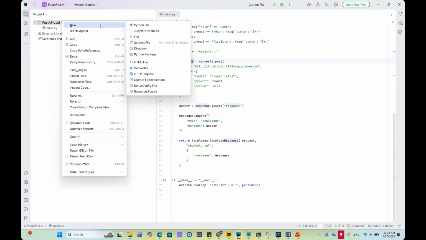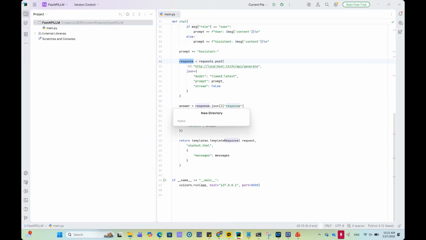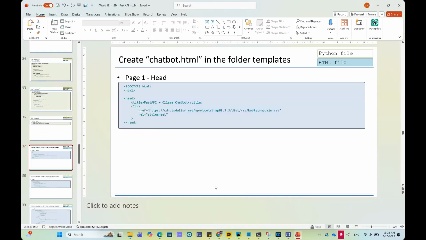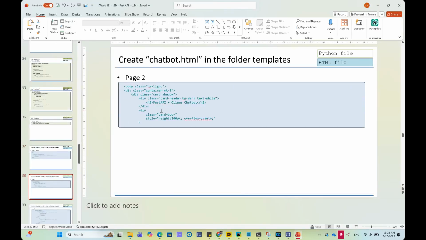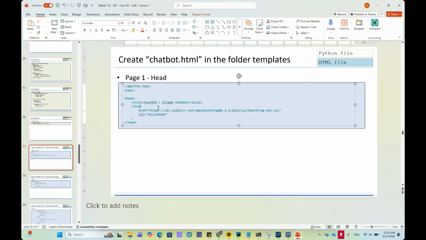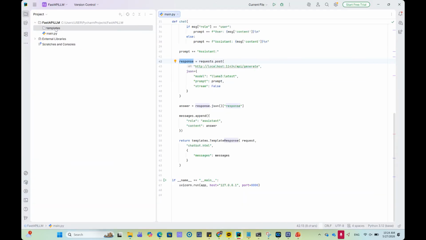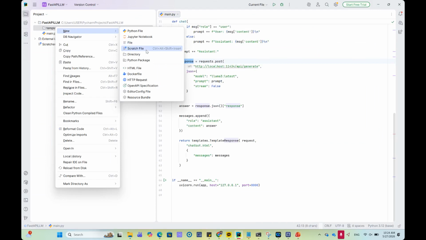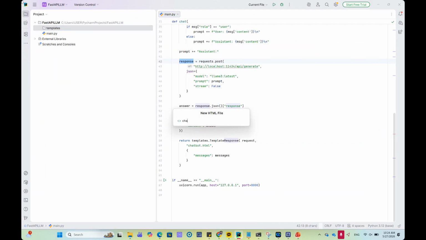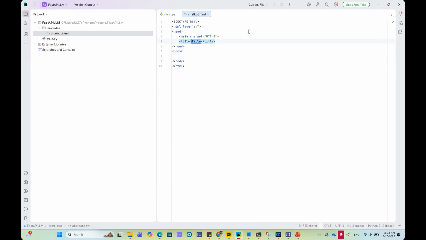So I'm going to create a new directory, templates, and then I'm going to create the HTML file. The file name is chatbot, and then I will copy and paste the